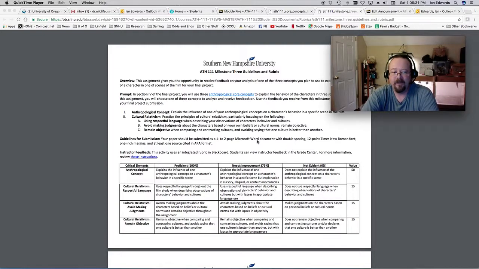You want to really invest in this, because I'm going to give you directed feedback that you're going to be able to use for all of your core concepts: basic modeling and strategies to use. Keep in mind that this is just a stepping stone. It needs to be solid. The more you put into it, the more you're going to get out of it. Looking for 1 to 2 pages. Definitely make sure to cite your sources. Use APA style citation.